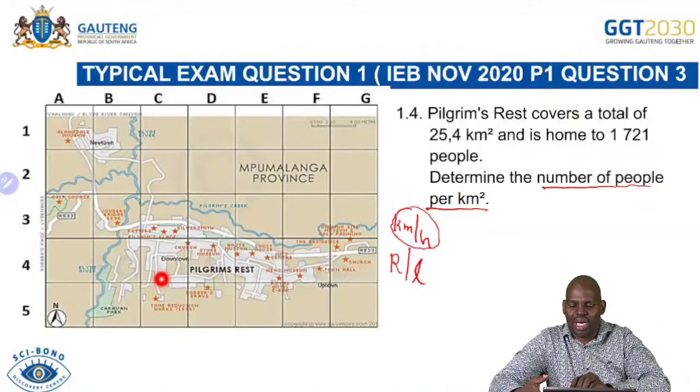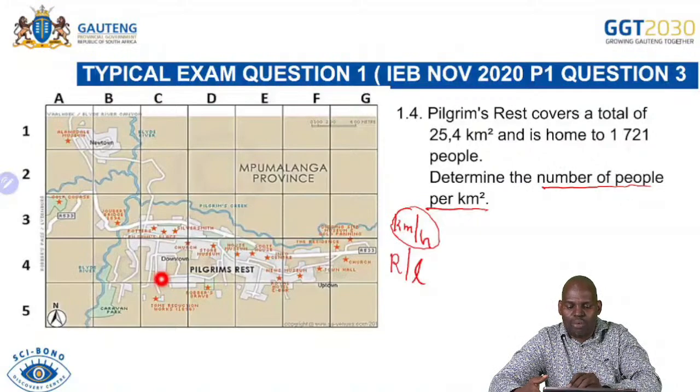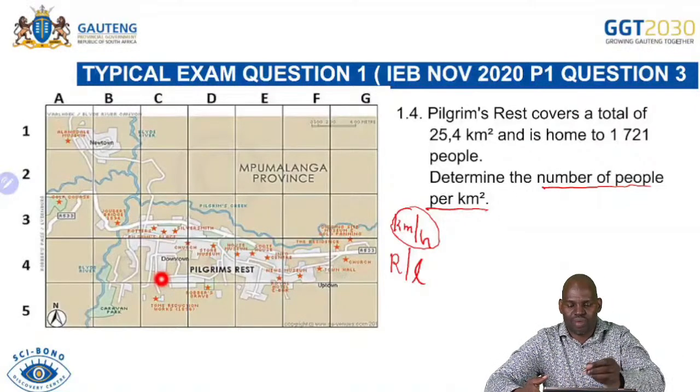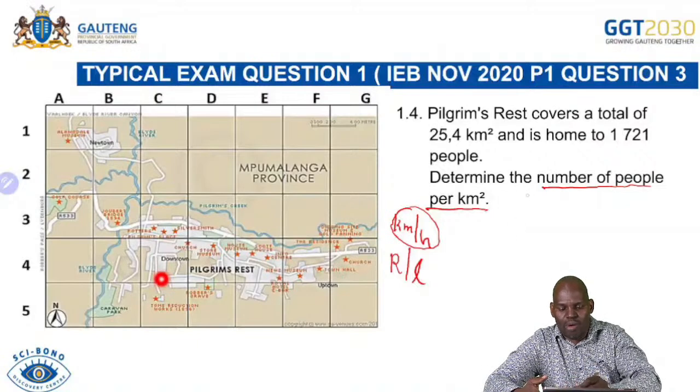So to get the number of people per kilometer squared, it means we have to take the number of people and divide it by the number of square kilometers. So what is the number of people? The number of people is